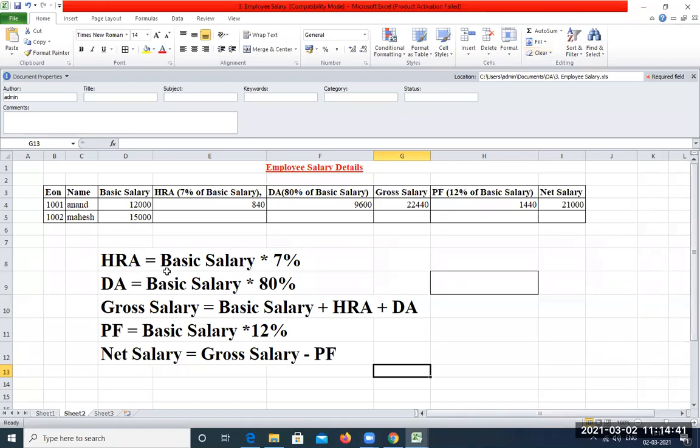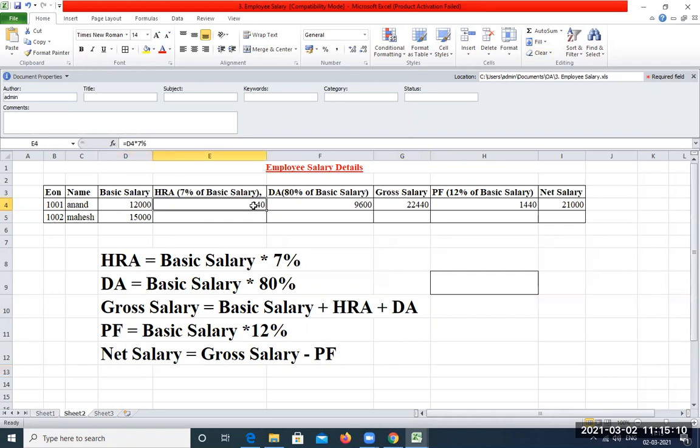In the same way, just like the second one, you have to design the table with the following fields, apply the table borders, make the heading bold, and have around 5 to 10 entries, 10 employees in the table. The formula to calculate HRA is given here. You can make a note of the formulas here. Now you have to enter any 10 random employee IDs, any 10 random names, and a basic salary of your choice for all the 10 employees.